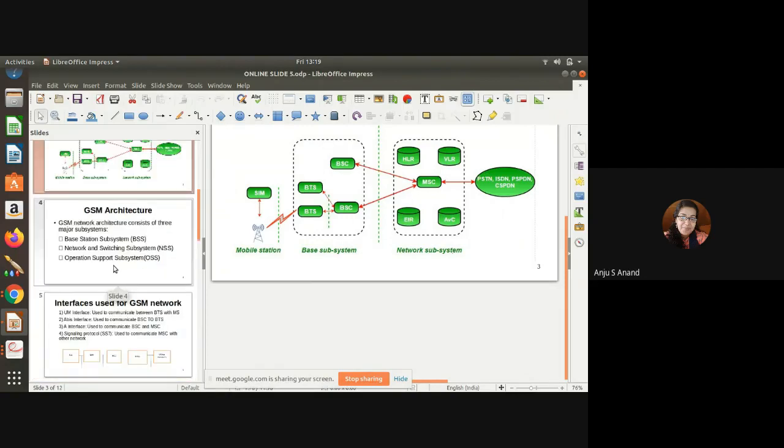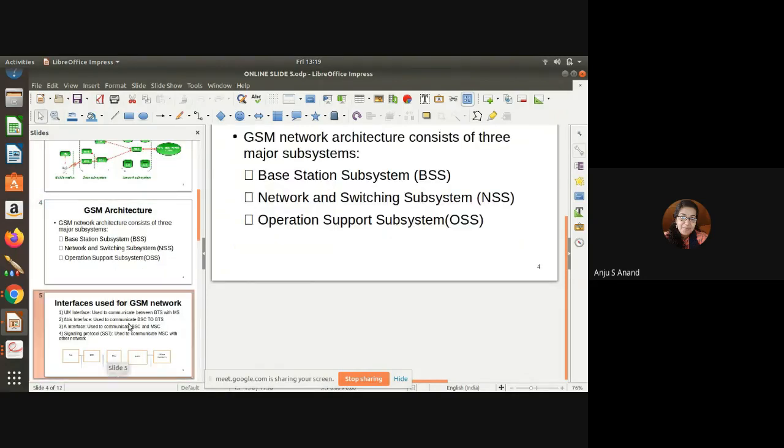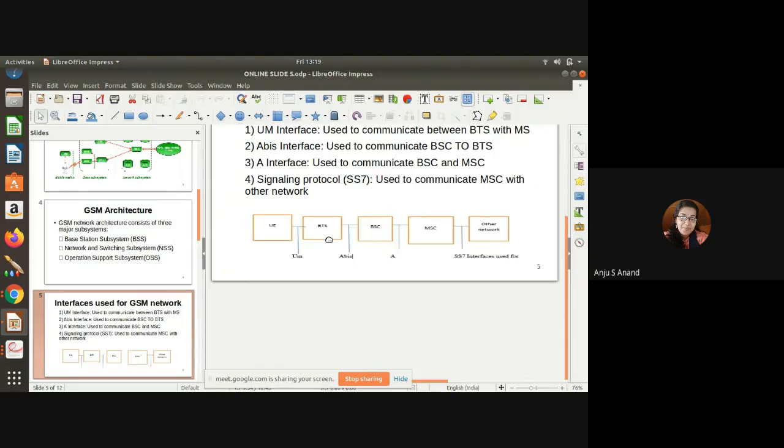And we also explain the different interfaces in this system: the UE, user equipment, and the BTS, base transceiver station, have an interface, and the base transceiver station and the base station controller have the Abis interface. Then the base station controller and the mobile switching center have the A interface, then the mobile switching center communicates with other networks through the SS7 interface. Okay,